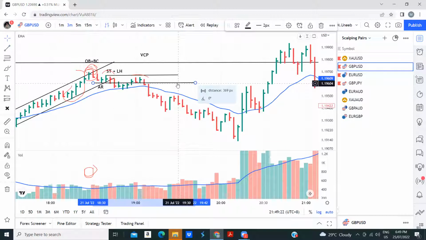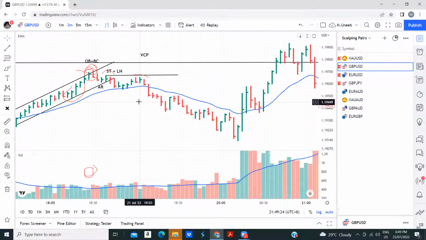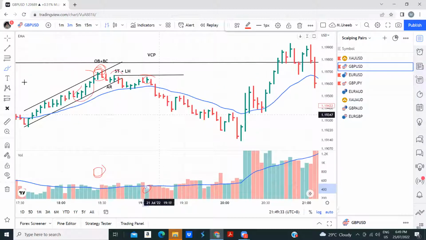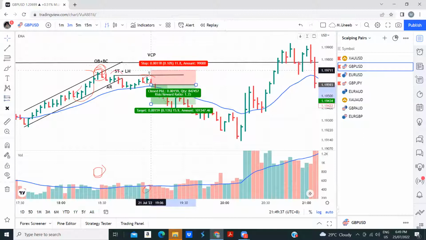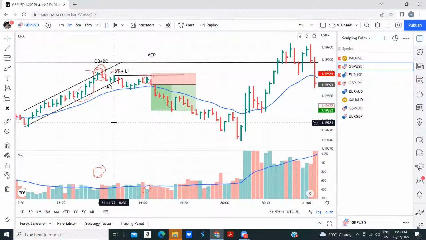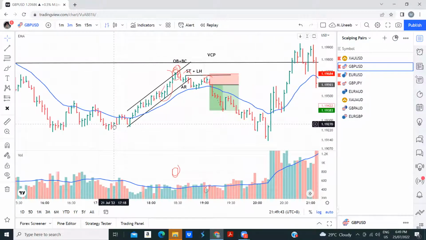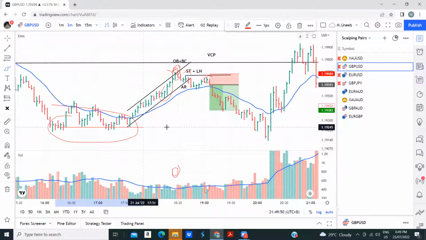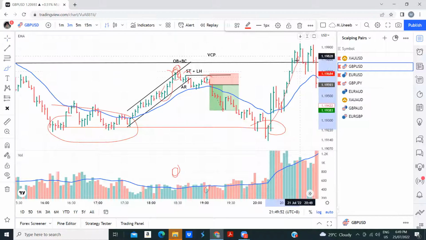Distribution pattern. Okay, this whole distribution pattern. At this third touch of the VCP, when you have the third low, what do we notice here? No demand. And once we go down here, we need a confirmation. We place our trade here, stop loss here, 2R, and that's it. Got it? And now what will happen, because we have a reaccumulation structure here, remember that, the price might come and retest this region and again go up.